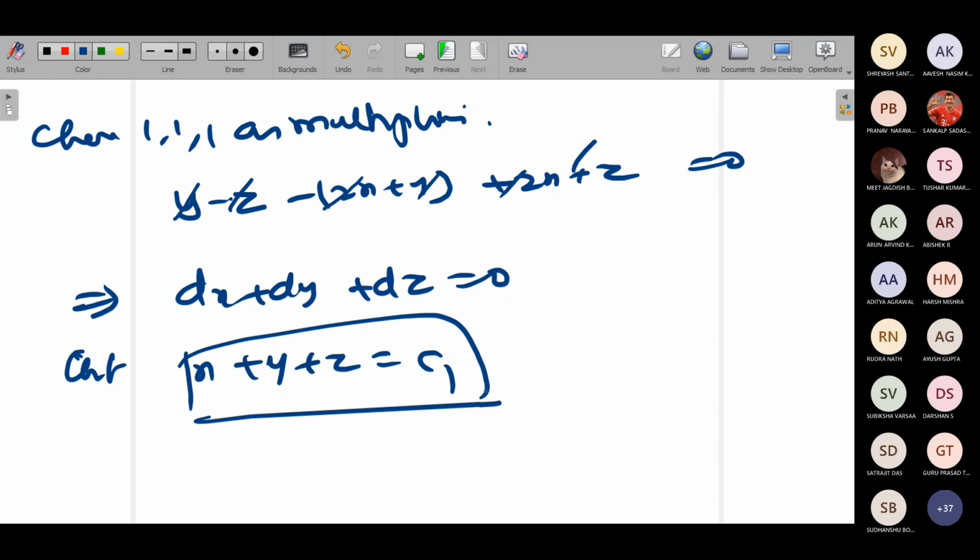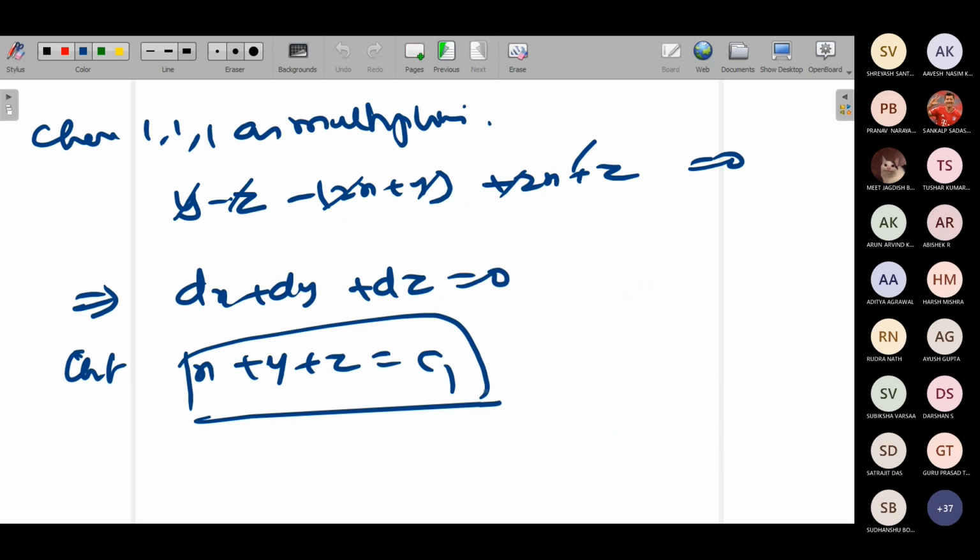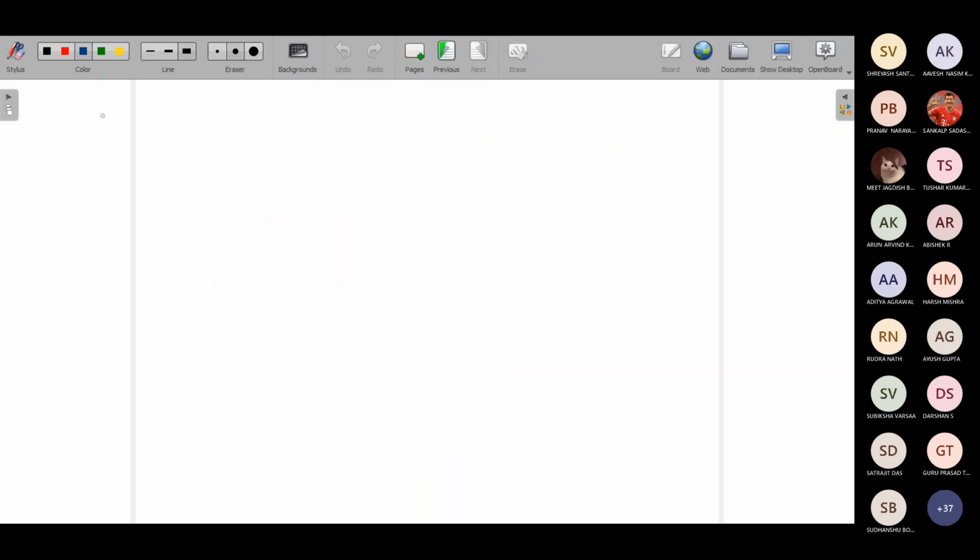Is it clear? Okay. Now for the other part, you have to choose the multipliers. Can anyone choose any other multipliers here? Choose the other multiplier and tell it to me. You cannot take 2, 1, 2, 1, 2. 1, 1, 1 is fine. Again 2, 1, 2, 1, 2 will give you the same type of answer. Minus 1, minus 1, minus 1, you also will get the same type of answer. That is not correct. Should choose some other multipliers. Can anyone tell me the other multipliers?